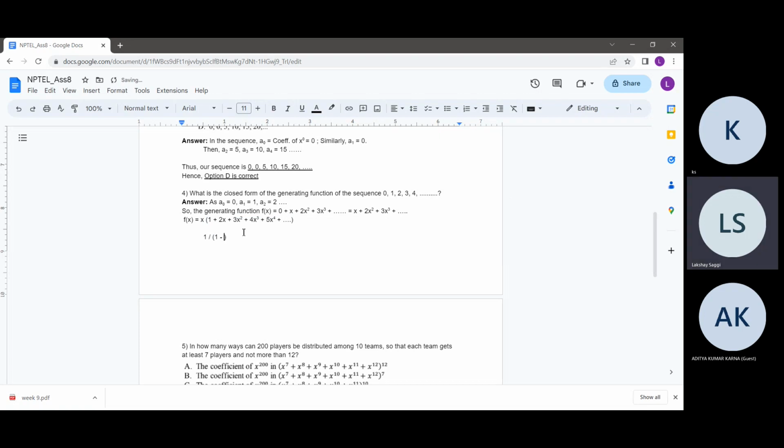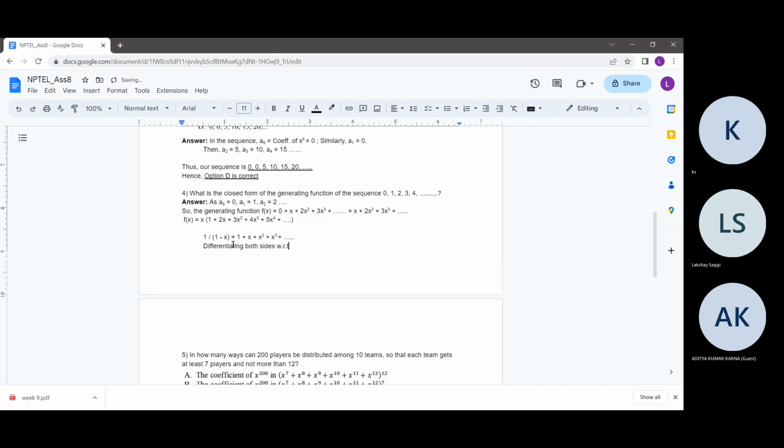We know from the lectures and from straightforward maths that 1 upon 1 minus x is nothing but 1 plus x plus x squared plus x cubed up to infinity, right? I hope this formula is clear to everyone. Why is this so? It's nothing but the sum of an infinite GP, geometric progression. So if I differentiate both sides with respect to x, we get,